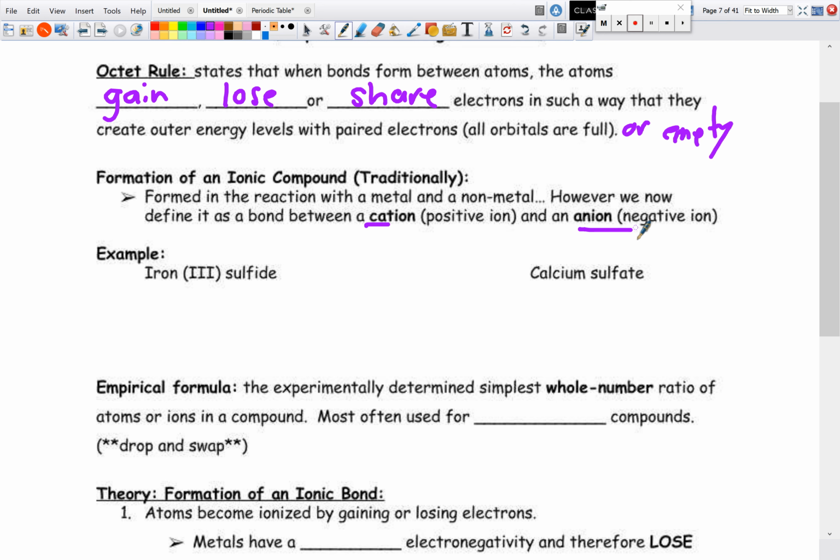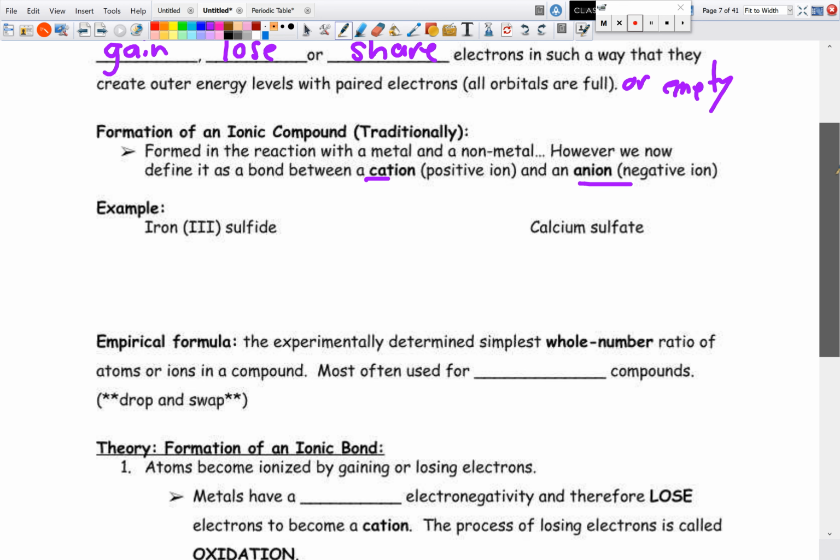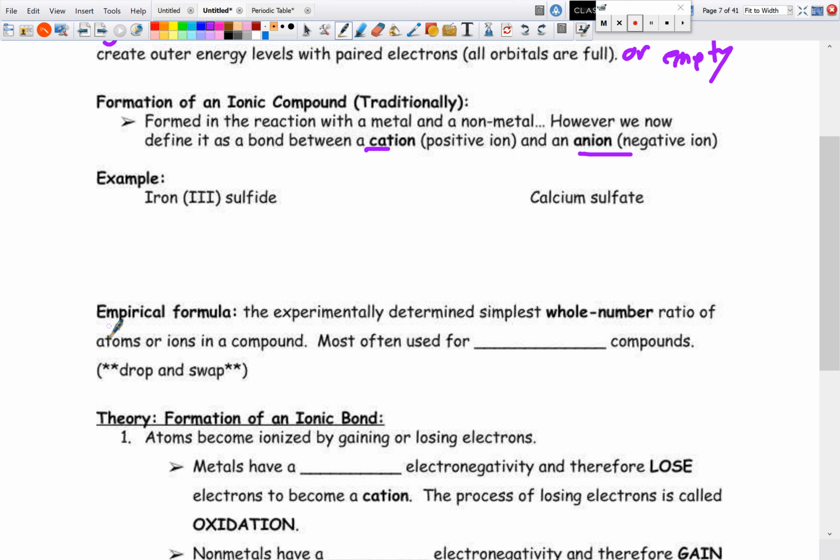negative charges. Now, how we showed the formation of ionic compounds in the past, we used the drop and swap, and that gave us our empirical formula: the experimentally determined simplest whole number ratios of atoms or ions in a compound. This is why we used a drop and swap, and why we actually had to use lowest common denominators too if we had something like calcium sulfate, which we'll get to. Now, the empirical formulas are mostly used for ionic